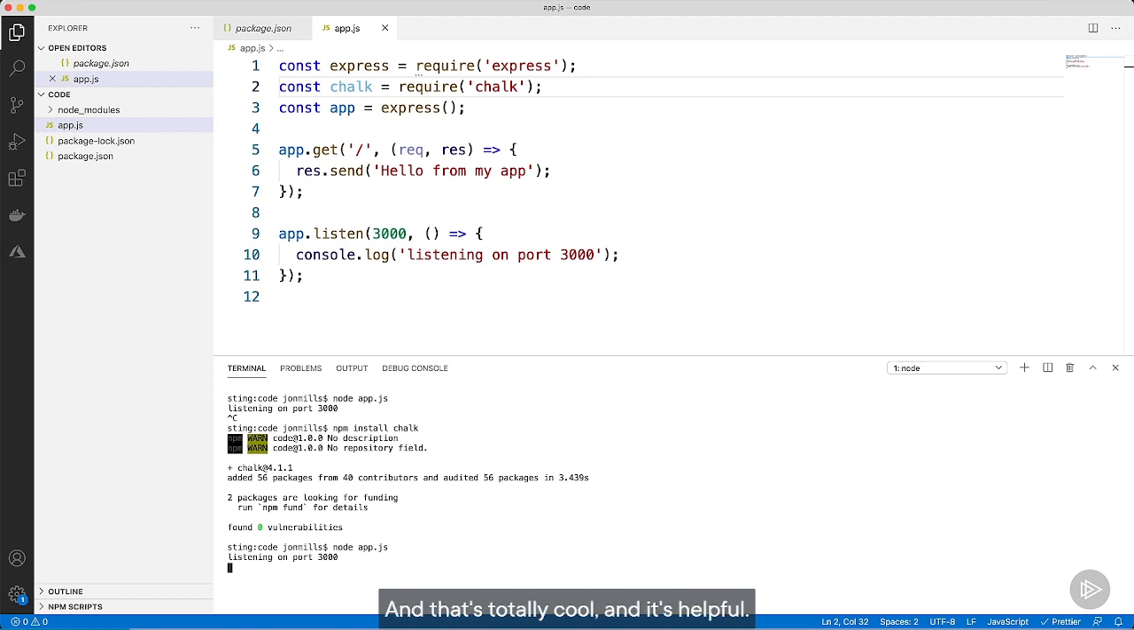we've got this message listening on port 3000. And that's totally cool, it's helpful. But if we start spitting out a lot of messages, it's going to be hard to see that through the noise. And so what Chalk's going to do is allow us to set some colors on our messages so that we can group them together and just kind of notice what's going on through all the noise of all the